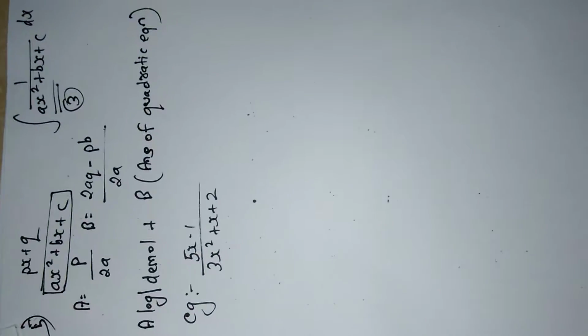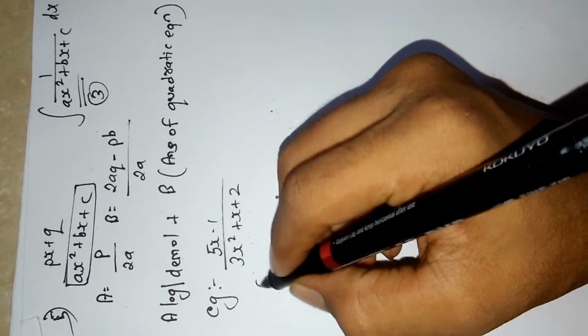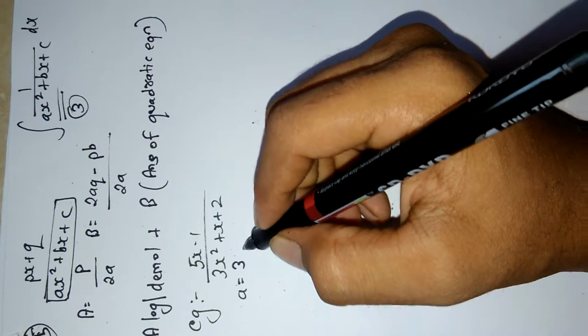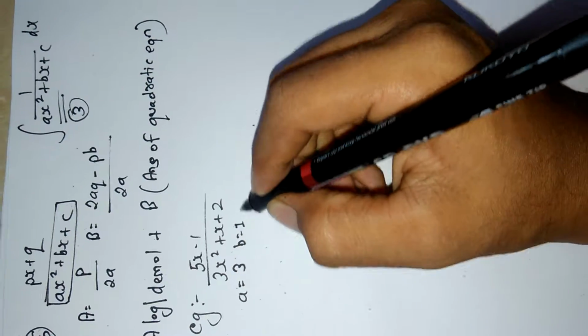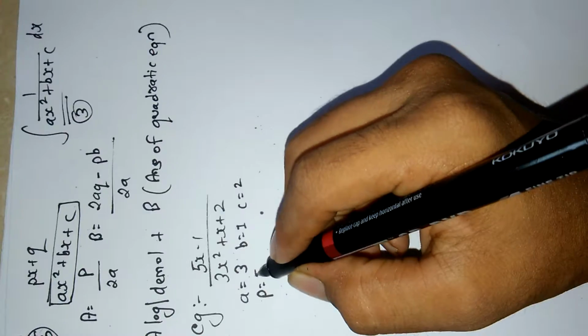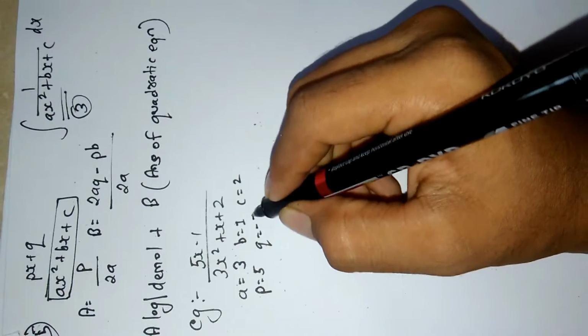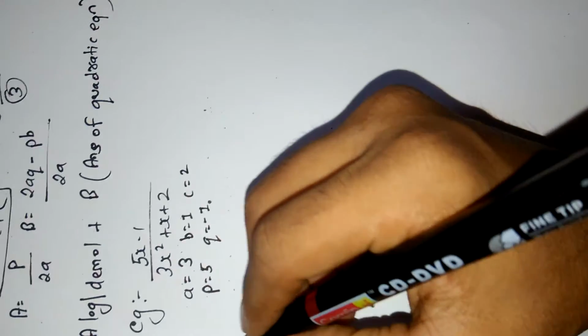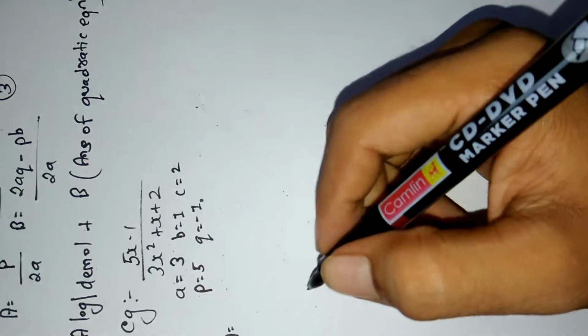So here the value of a is 3, b is 1, and c is equal to 2. The value of p is 5 and q is minus 1. Our first step is to find the value of capital A. For that,